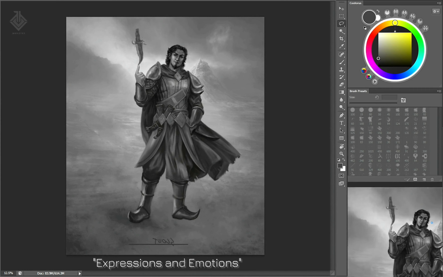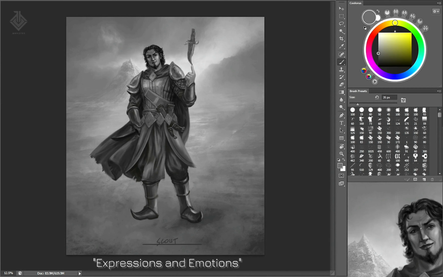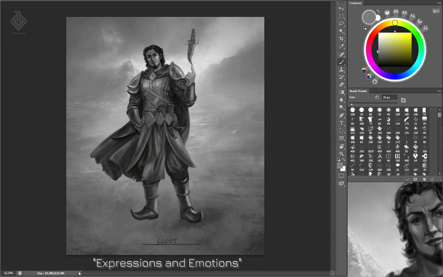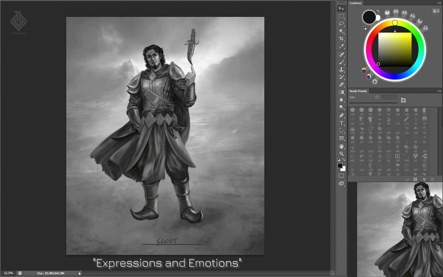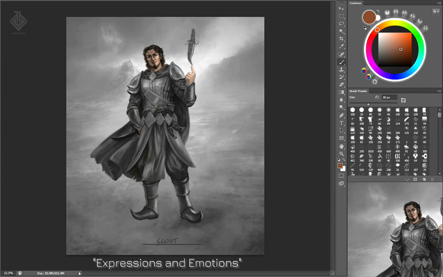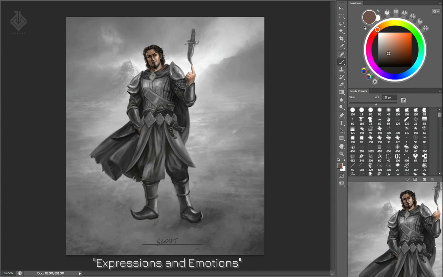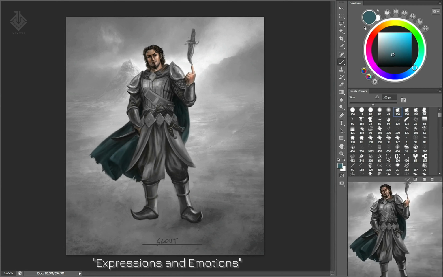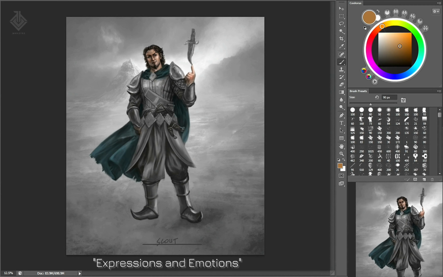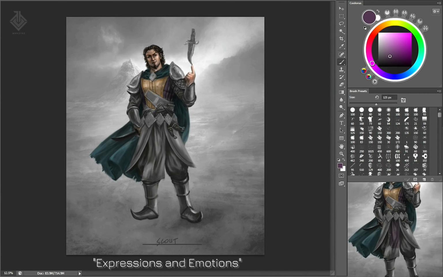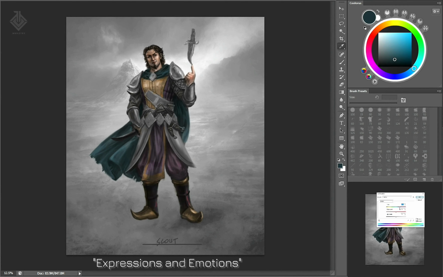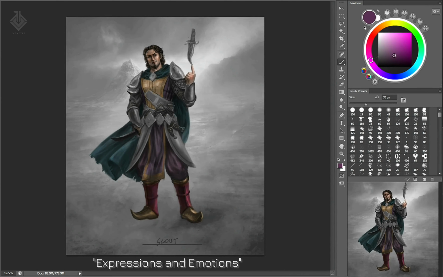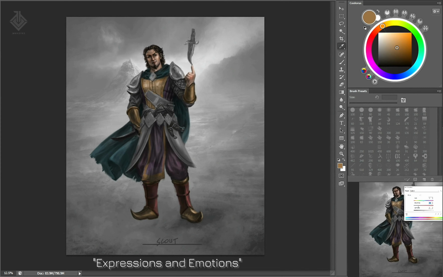These emotions often involve combinations of different facial elements and may require more detailed observation and practice. Keep in mind that facial expressions are not isolated, they work in conjunction with body language, gestures, and context. Consider the character's posture, stance, and surroundings when portraying their emotions. A character clenching their fists while frowning may convey anger, while the same frown with slumped shoulders might suggest sadness